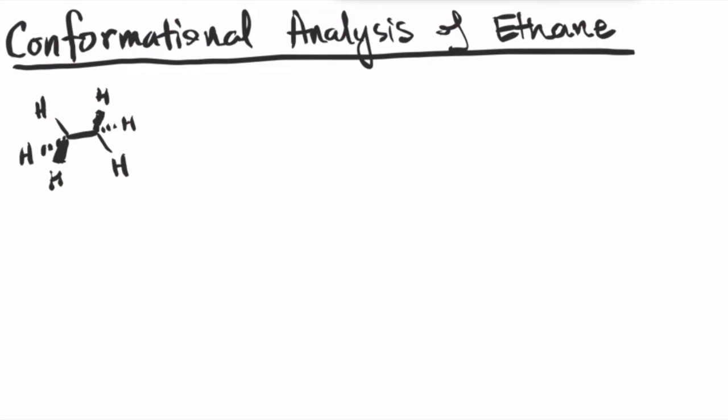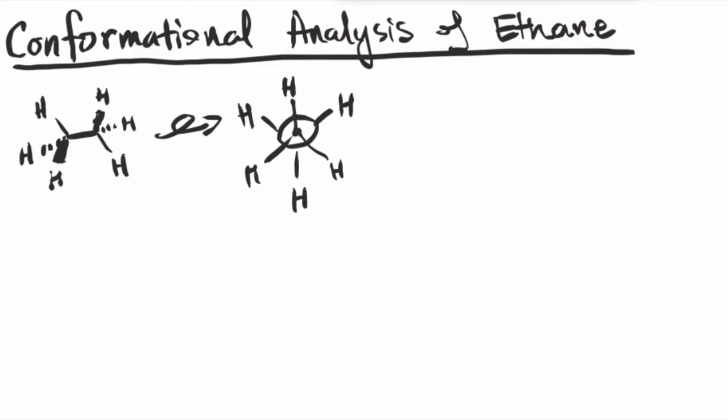If we were to draw this in Newman projection, we can see that the front carbon has 3 hydrogens and the back carbon has 3 hydrogens. Let's highlight this hydrogen and this bond, and in the back carbon, this hydrogen and this bond. Taking a look at the red hydrogen and the extra line I drew, these 3 points make a plane. Likewise, from the blue hydrogen side, this hydrogen, this carbon, and this carbon, again, the 3 points make another plane. So you have the red plane and the blue plane.